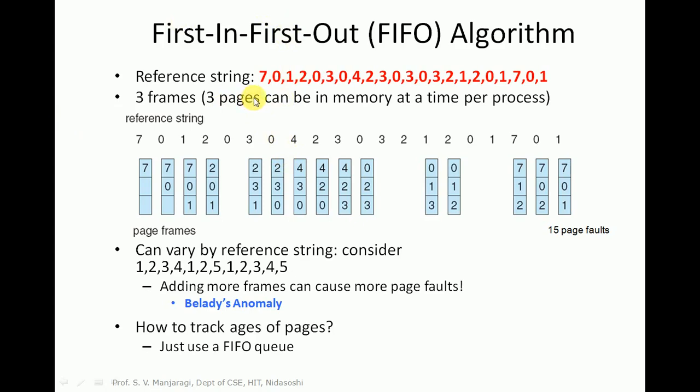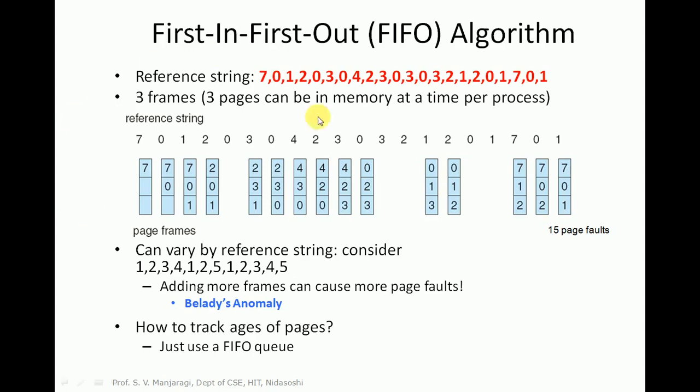And whenever a page fault occurs, it means if you make a reference to a particular page and that page is not there in the memory, then there is a page fault. It means that particular page is not there in the physical memory, it is actually there in the disk. So that particular page we need to bring from the disk to the main memory, that is the physical memory.